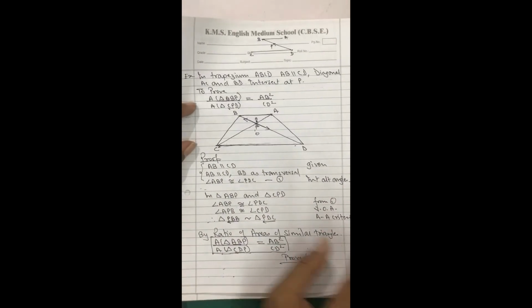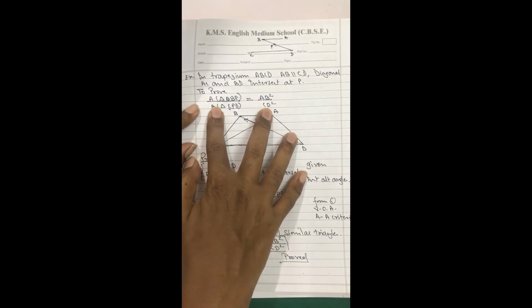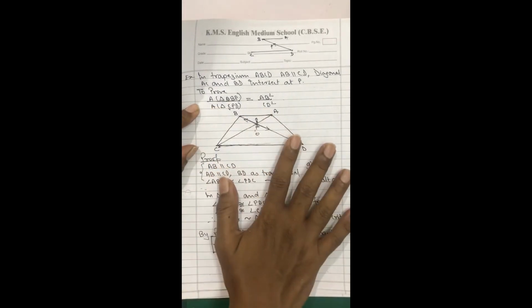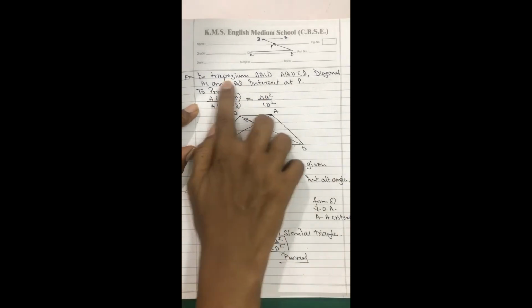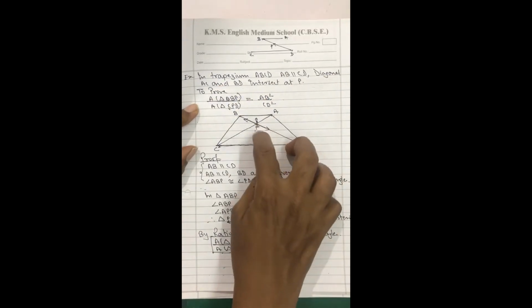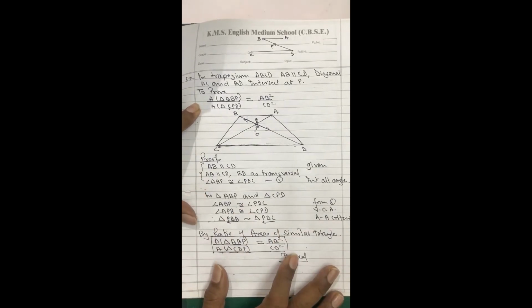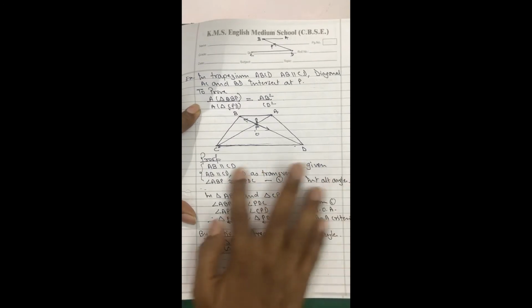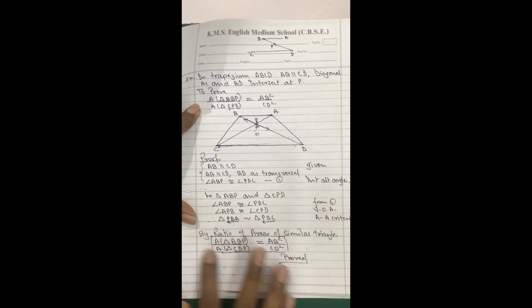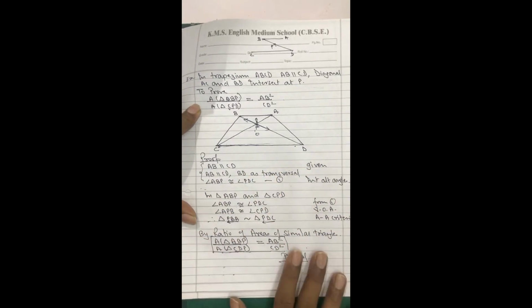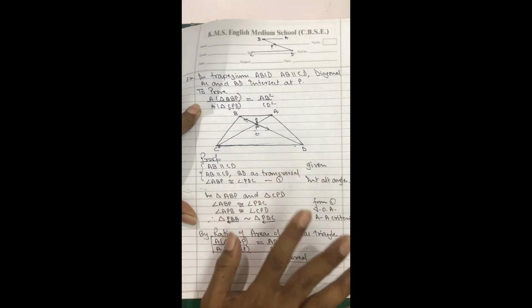In this question we directly applied the ratio of areas of similar triangles, but this question can come for 2 marks, not more than that. Over there you have to understand that similar triangles are not given. So I will prove the similar triangles and then directly apply the ratio of areas of similar triangles, and it will give me the direct answer. So at that time proving the similarity will get 1 mark, and application of the ratio of areas of similar triangles will get 1 mark. So a 2-mark question is understood.